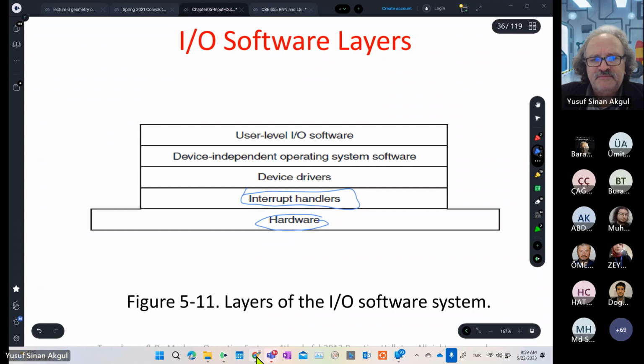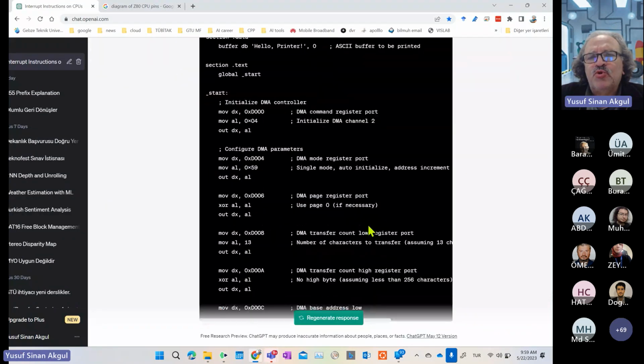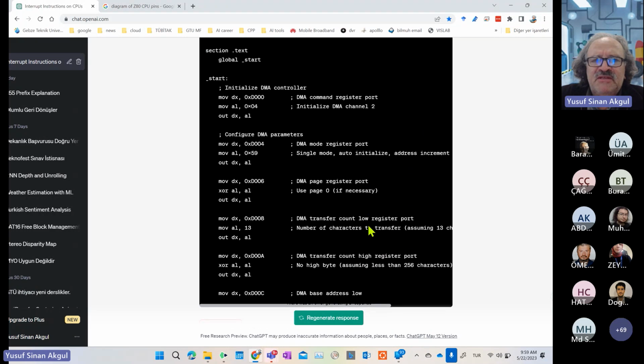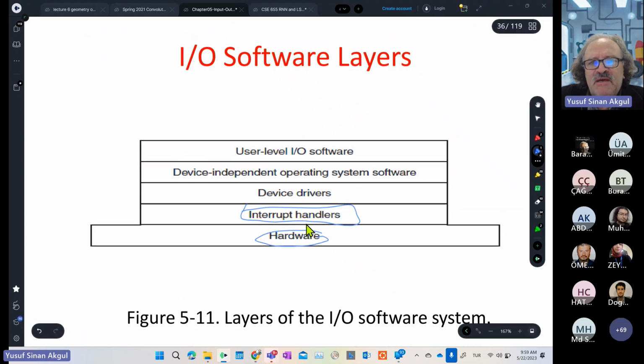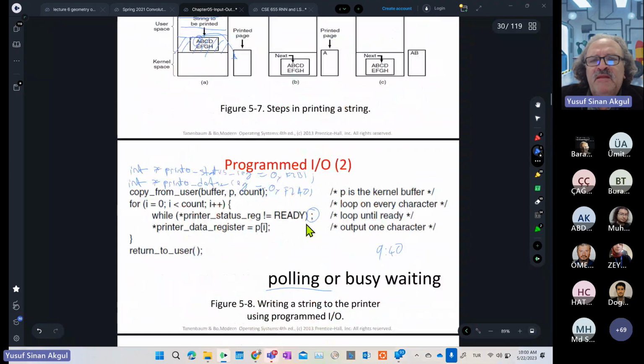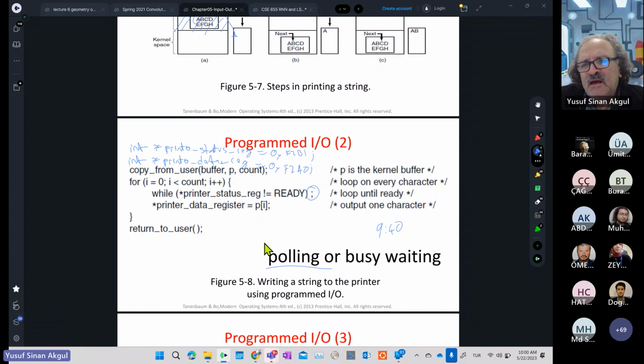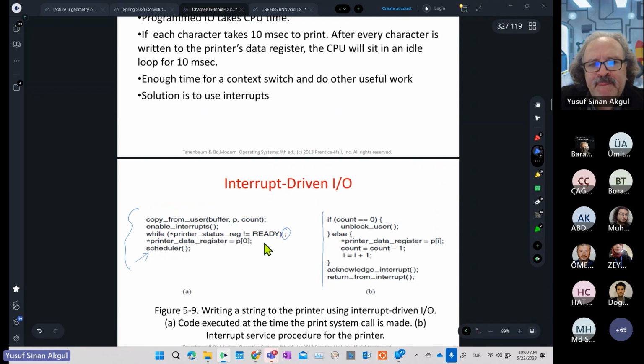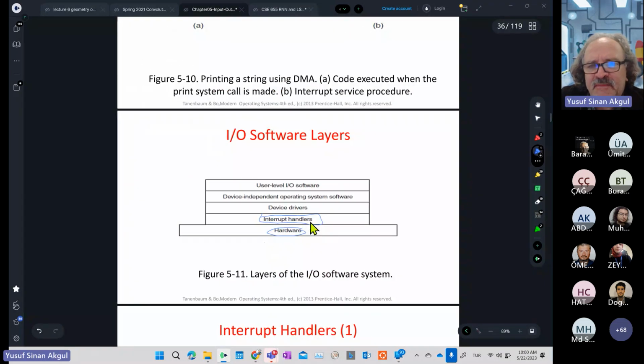For example, this one would have been a part of the device driver for the printer, maybe. Or this one, if I am using polling, would have been part of the printer device driver. This one knows how to print a buffer to the printer using busy waiting. So on top of the interrupt handlers, I have the device driver, and on top of it, I have